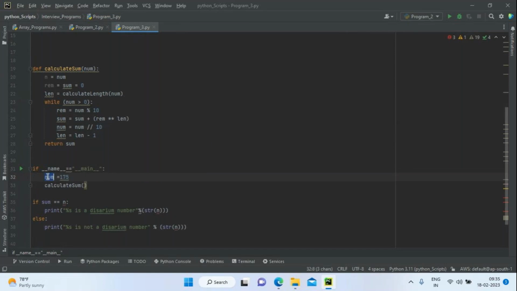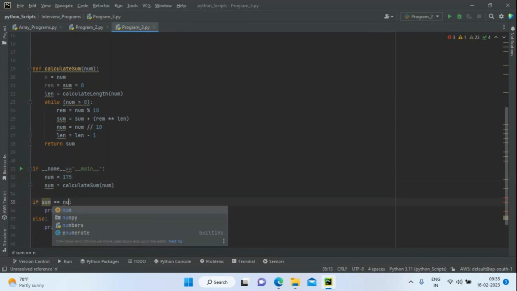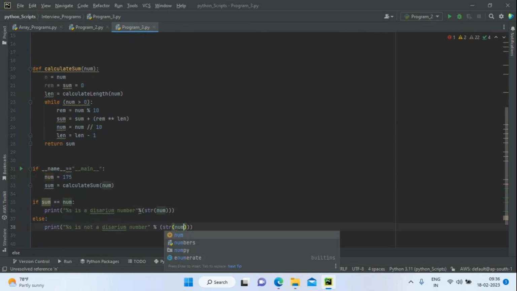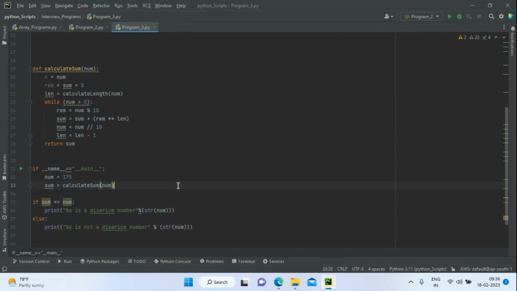Substitute the num inside the method, and then store the result in the same variable sum. What result you get in the method, right? That result is going to be stored in sum. Now you can compare sum equal to num. And then I made one mistake over here. The mistake is no need of hard coding like this,